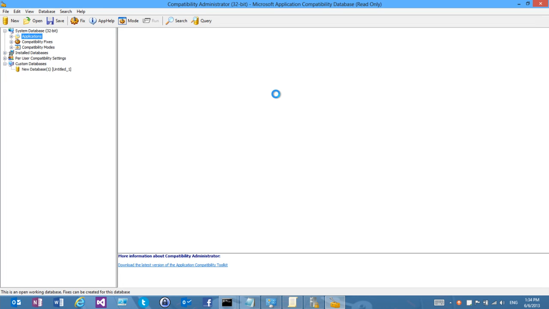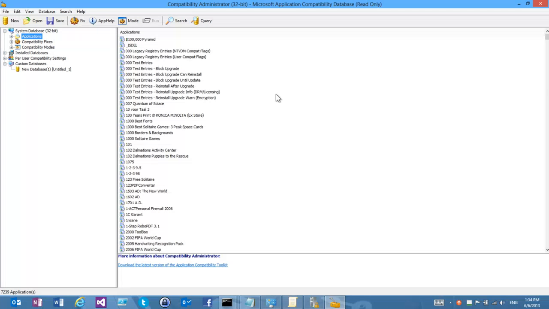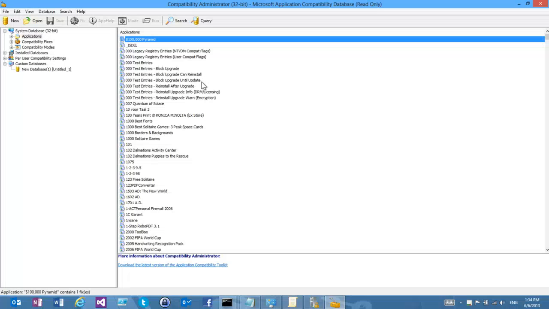So the developer could ask for it. The IT administrator could also ask for it by putting in a flag in a custom shim database. That is another option. The final thing that could cause you to see an elevation prompt is that we are trying to get you working because we think you're a setup. So thinking all the way back, rewind the clock to circa 2006. Actually, this was probably around 2005.